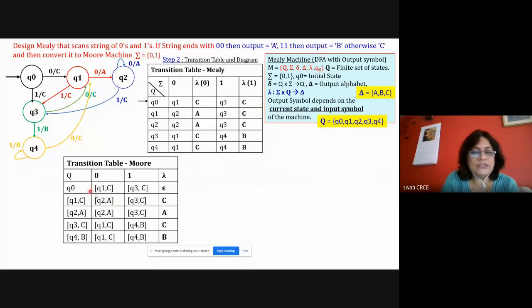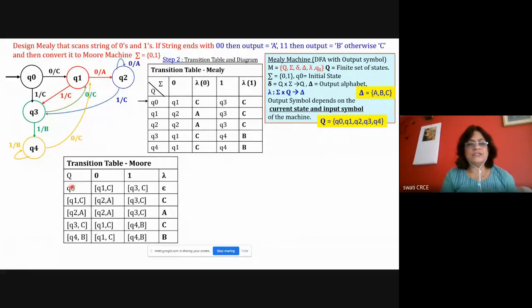Now for the Moore machine transition table, now you see here these columns, first and second column together. So see Q1 with C, then again Q1 with C is there, Q1 with C is there, and for Q0 nothing is there. So Q0 has no output symbol here, nothing at all. There is no state with Q0. No incoming transition for Q0. Only this incoming initial state is there. So here this will be the initial state Q0. So write down that. Okay.